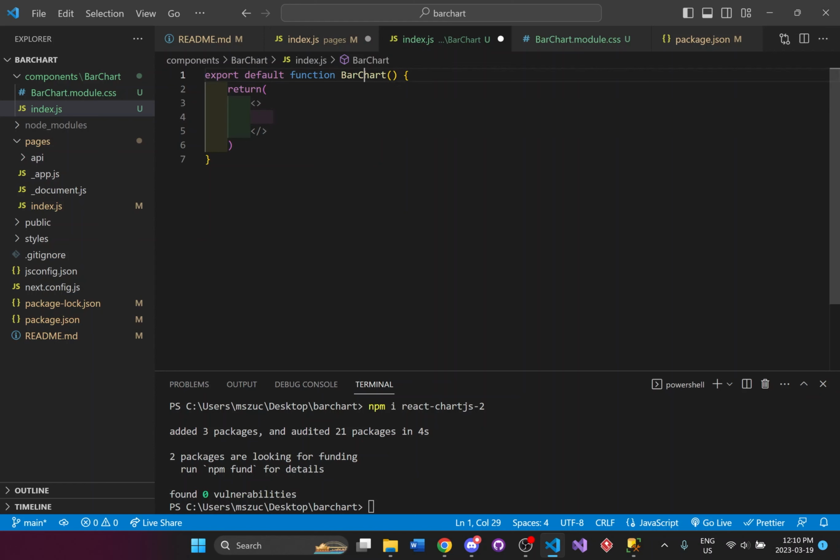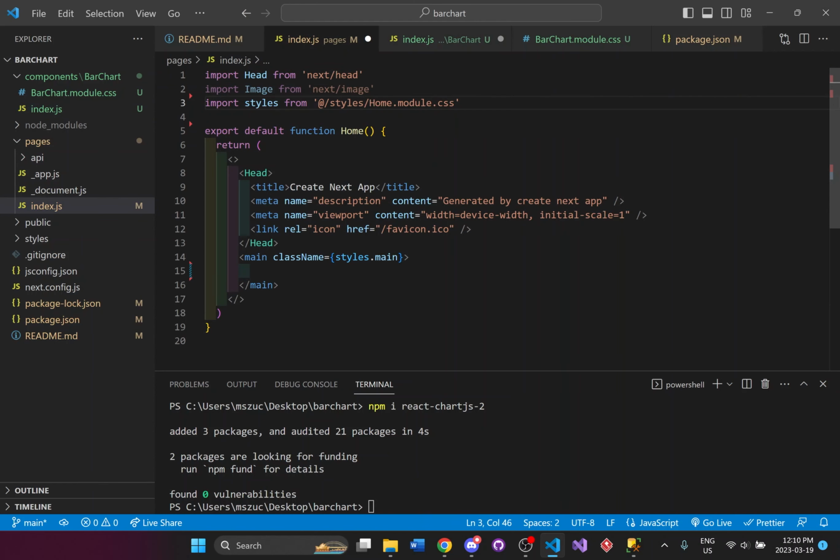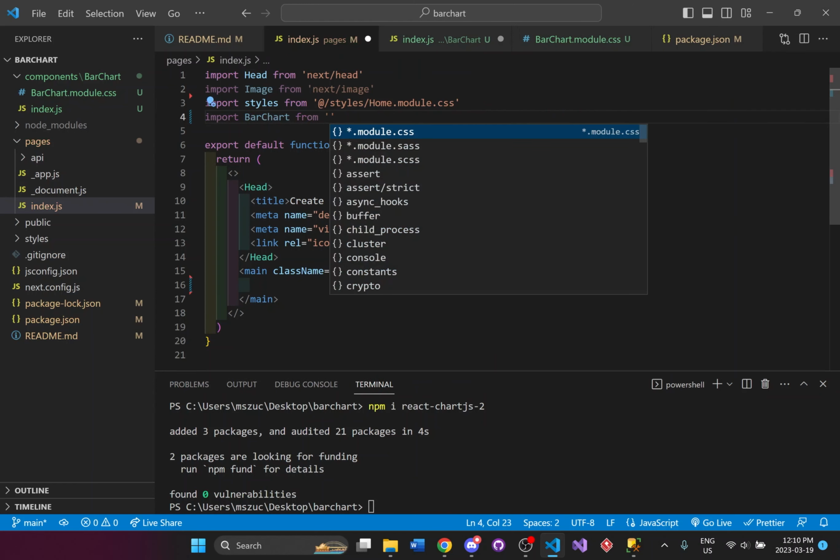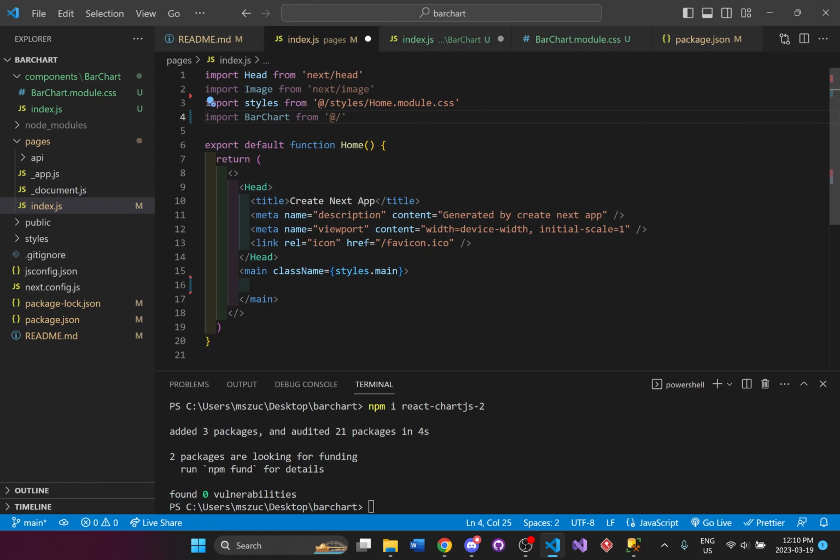I'm going to import this bar chart onto the home page. So right here in the index, import BarChart from. And because I need to go back to the root, I could use the @ symbol and then components.